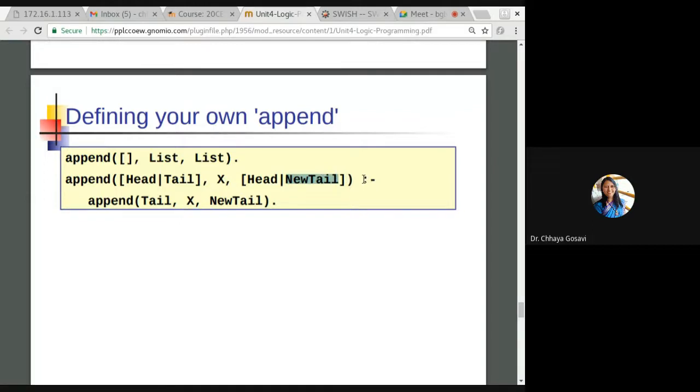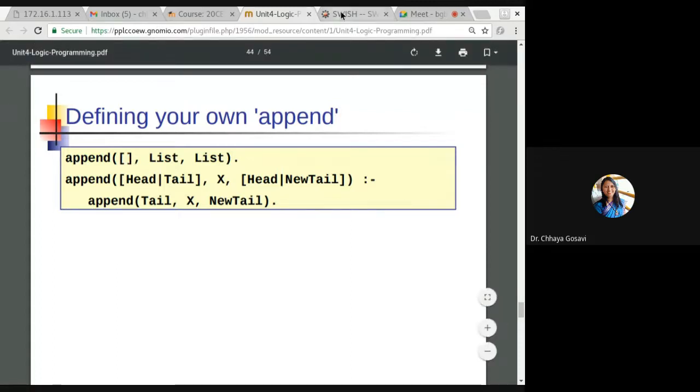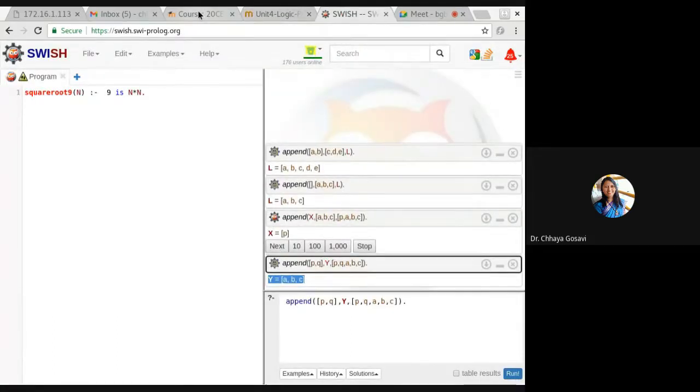And how should it work? It should call append again with the tail, then X as it is, and the new tail. And it will continue till your tail is empty. Now let me start the camera first. We'll solve this.